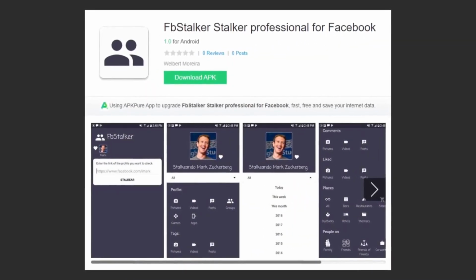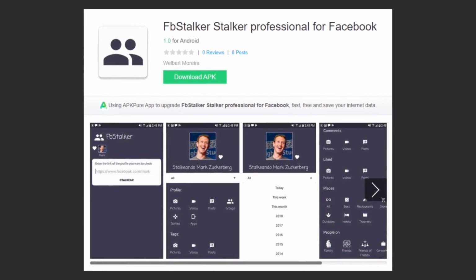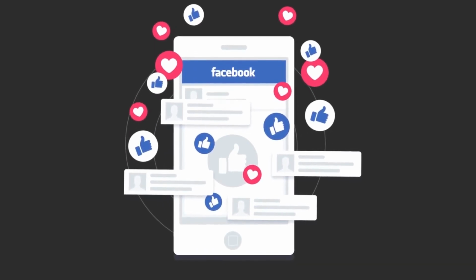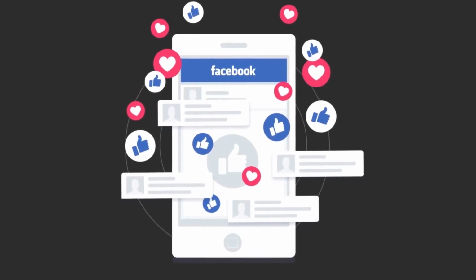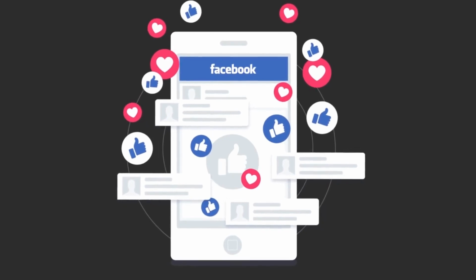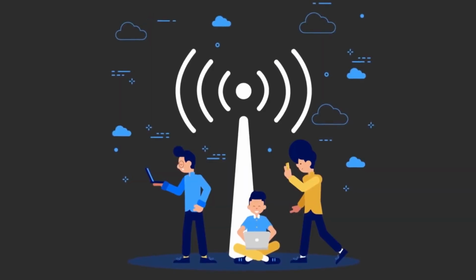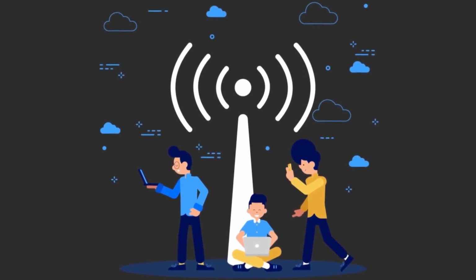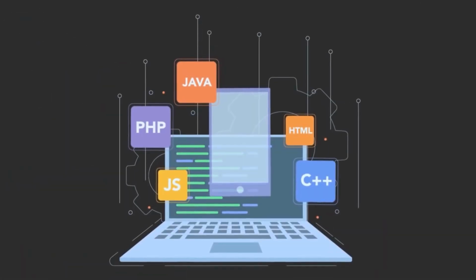The next program is FB Stalker. We can guess its purpose from the name alone. The software allows you to get a lot of data about a Facebook user: their videos, photos, posts, the number of received likes, a georeference map of all images and records, comment statistics, and the time at which the user usually uses the social platform. The collection tools are similar to the mechanics of the company's own system.